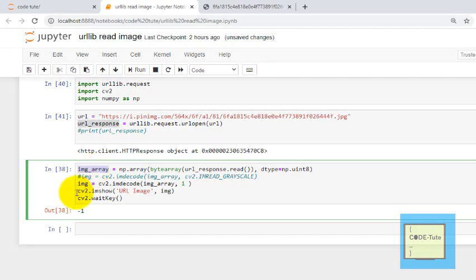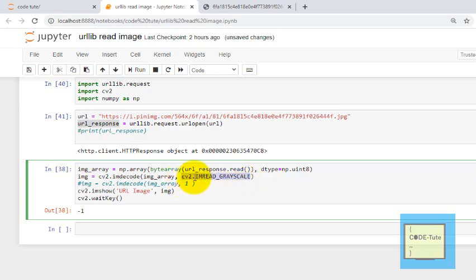Now the next thing is we need to decode this image. To decode, the function is cv2.imdecode. Here first we need to pass the array, which is image_array, comma, and then we pass the color mode of the image. For example, if you want to convert the image to grayscale or RGB or any other format, you have to specify the code here. So image is equal to cv2.imdecode, with the converted array, and I want to change that image to grayscale, the black and white image.